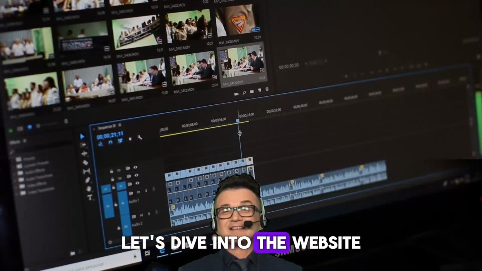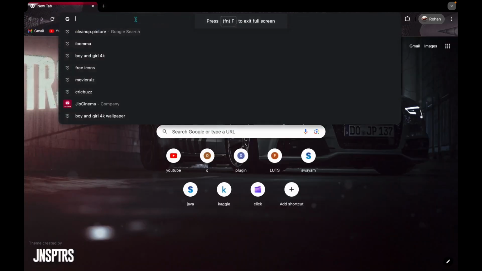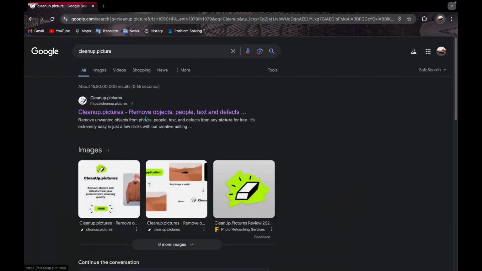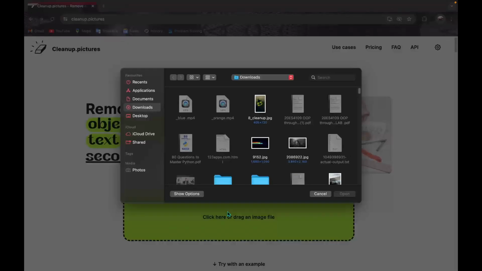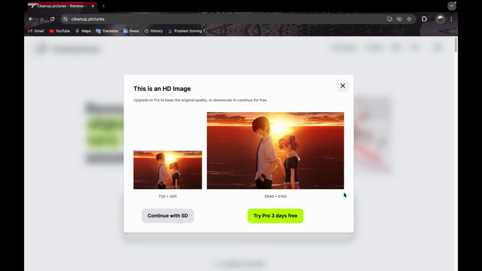Let's dive into the website. Okay, type "cleanup.pictures" and then select the first link. Yeah, drag the image you want. Here it comes. See, if you want high clarity you need to go for the pro, but I'll continue